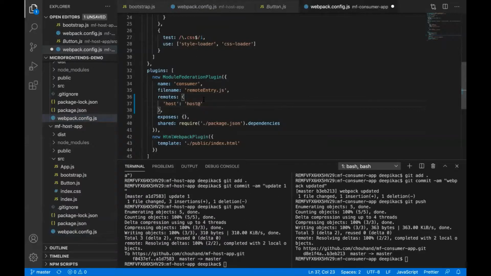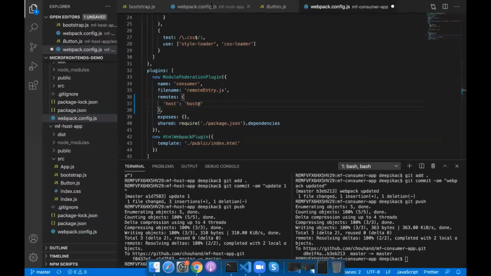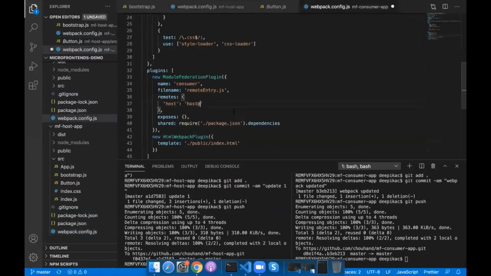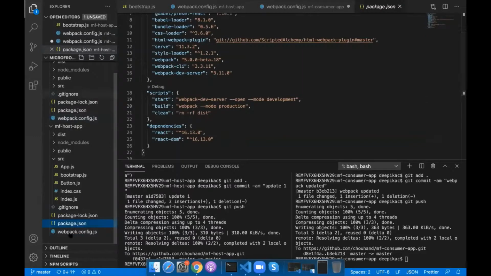So what you want to do is take the button component from your production, from your host application. So we'll take the URL from there. The host application, which is this one. And as it is going to be exposed via the remote entry, where is it?